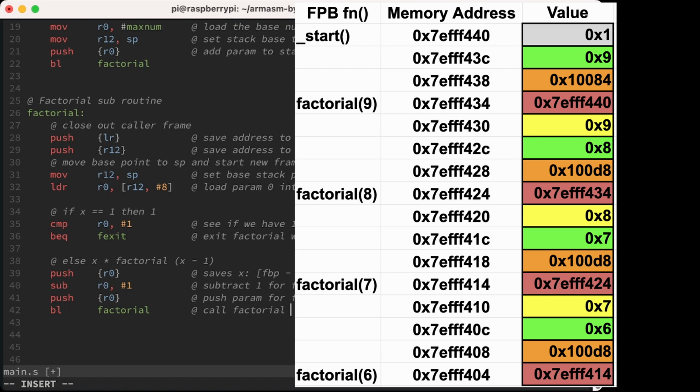If it isn't 1, we're going to do the same thing. We're going to save the current value, decrement it by 1, and then push that so that the factorial subroutine will pull that param. And it'll just go on and on until it gets down to 1. So after we get the value, what we need to do, just like it says, else x times factorial x minus 1. When we get the value of factorial x minus 1, we actually need to do the multiplication. And so we also need to, quote, remember